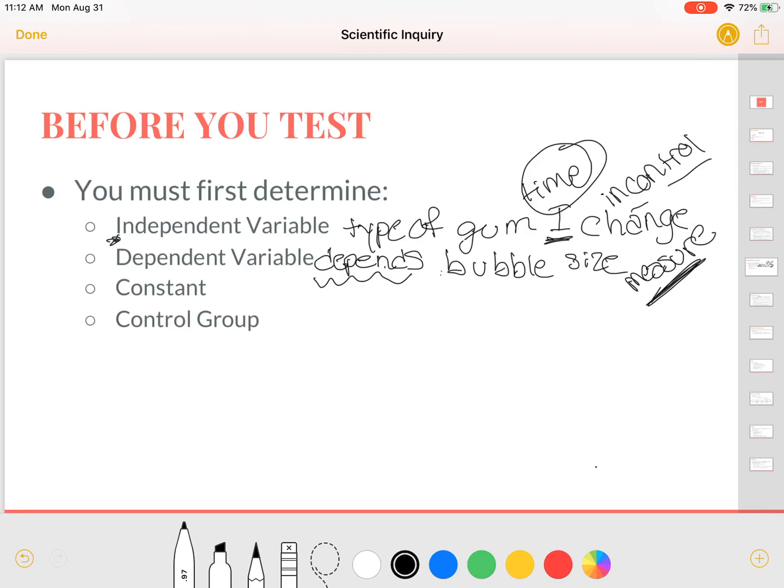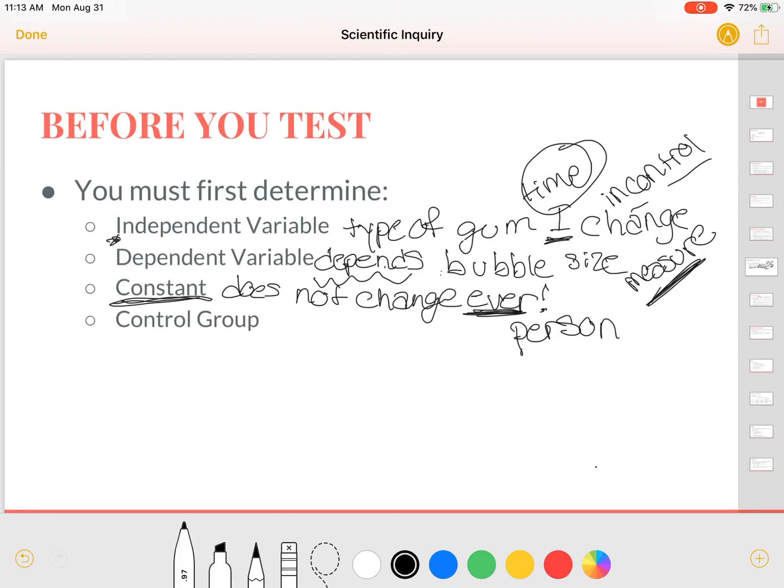Your constant is just what it sounds like. It is what you keep constant in your experiment. This does not change. Ever. In your experiment, no matter what you're changing in your independent variable, across the board, you have to keep your constants the same. So something in this gum experiment that you would need to keep the same is your person. Your person blowing the bubble has to stay the same